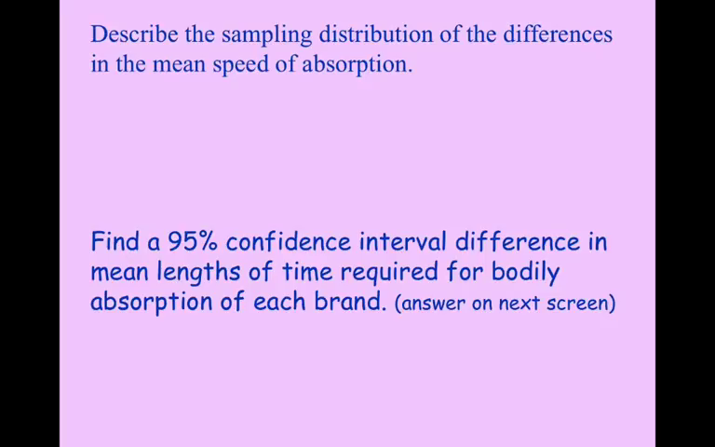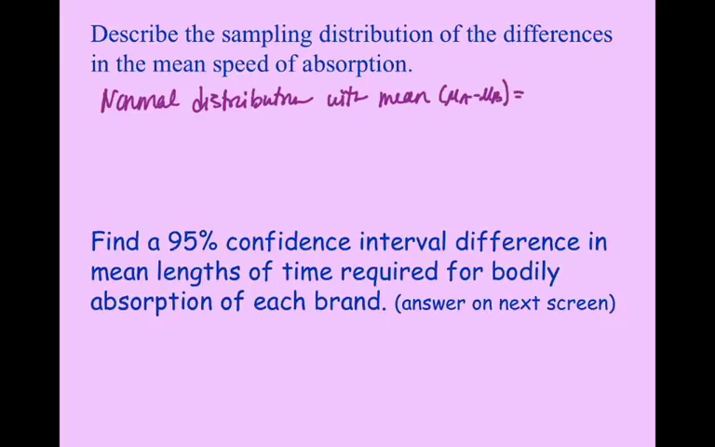Well, we said brand A and brand B bodily absorption was both normally distributed, so we're going to say that we have a normal distribution here. When we have a normal distribution, we talk about the mean and the standard deviation. So our mean, this is going to be brand A, so the mean of A minus the mean of B. So this was just 20.1 minus 18.9. So this is a normal distribution with a mean of 1.2. And then our standard error,